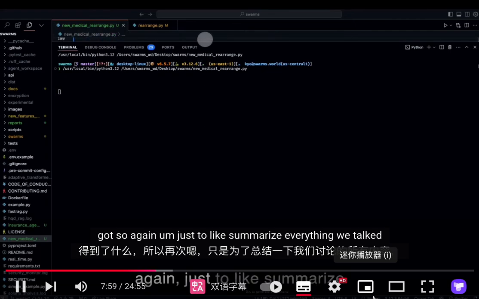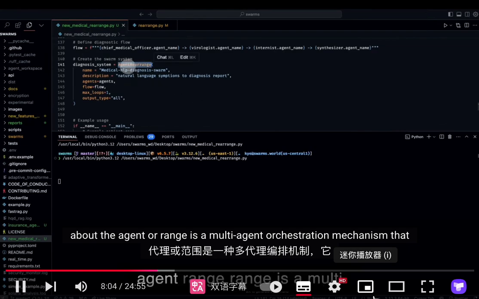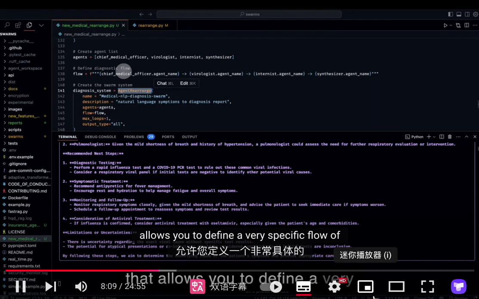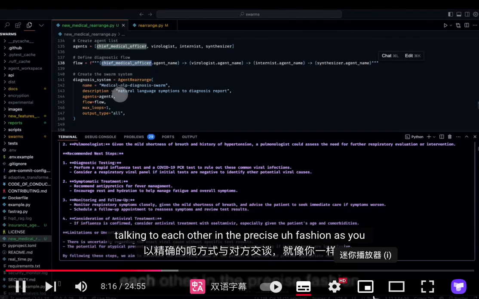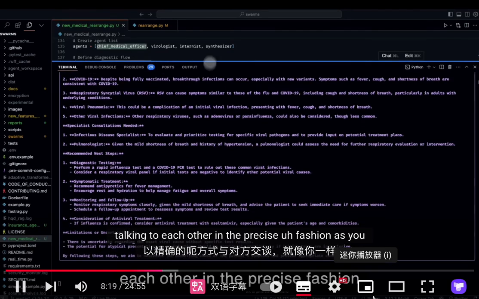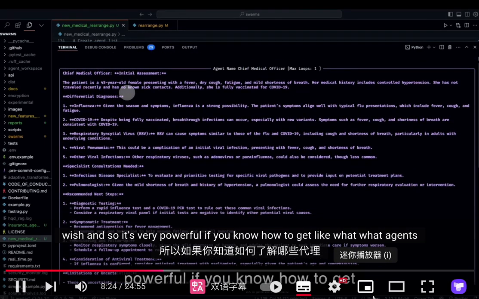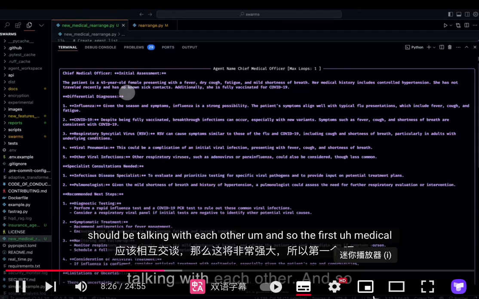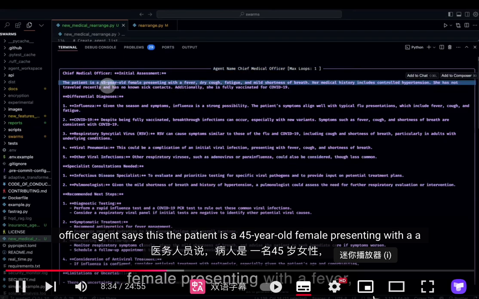So again, just to summarize everything we talked about, the agent rearrange is a multi-agent orchestration mechanism that allows you to define a very specific flow of communication. You can define the specific type of agents that should be talking to each other in the precise fashion you wish. It's very powerful if you know which agents should be talking with each other. And so the first medical officer agent says,